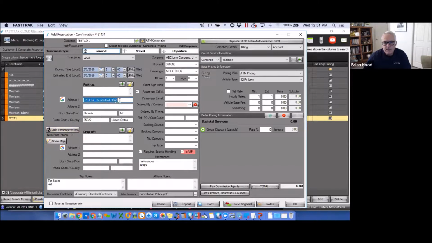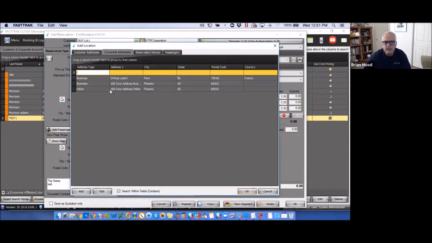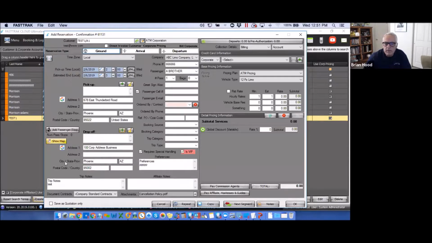Perhaps in this reservation, we're picking Mr. Test up at this address, which may be his home address, and maybe we're going to the office. I'll go down to the bottom here, select the office. But along the way, we need to pick up a couple of the other employees. By selecting the Add Passenger Stop option,